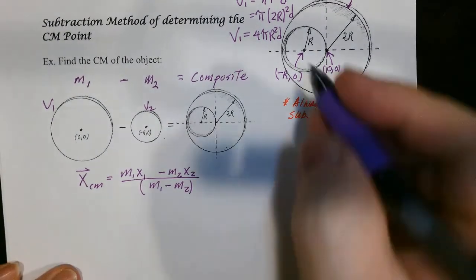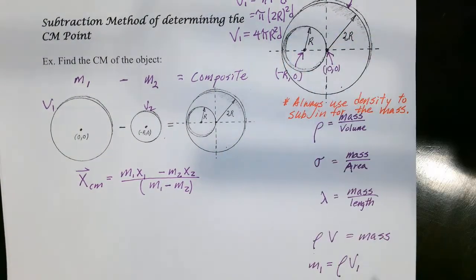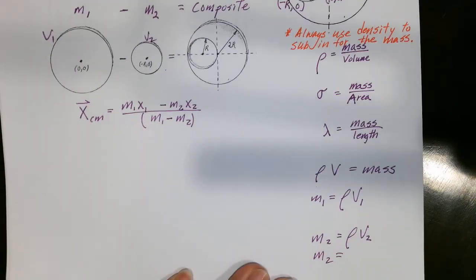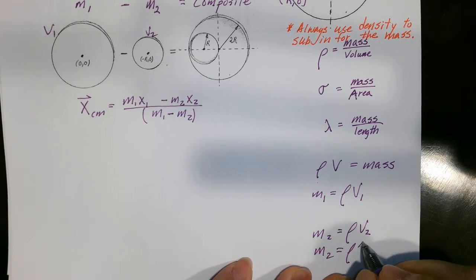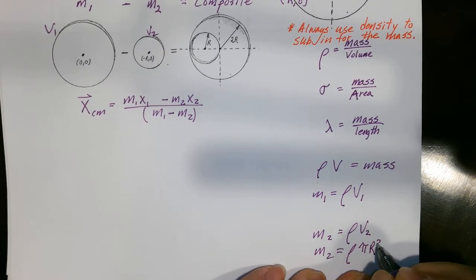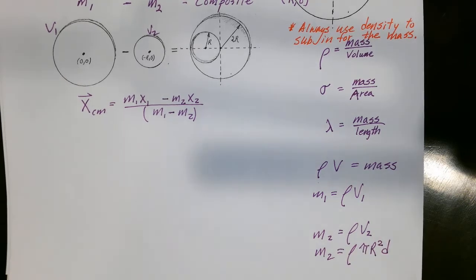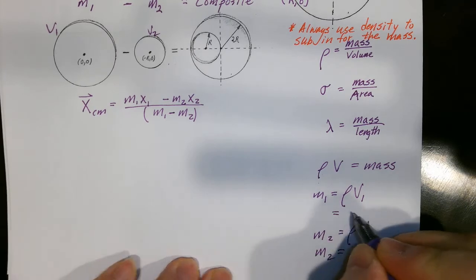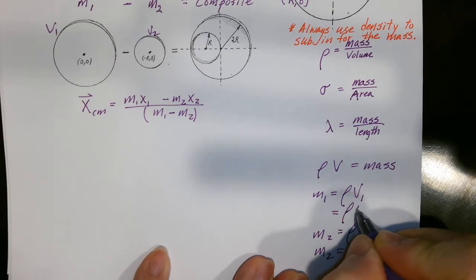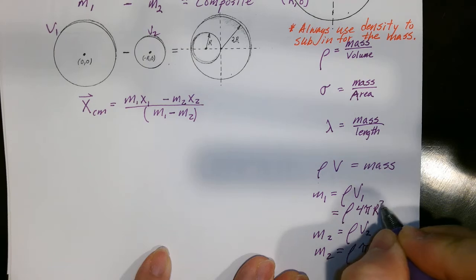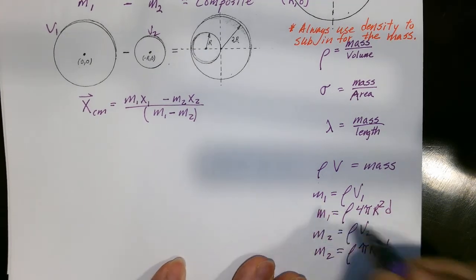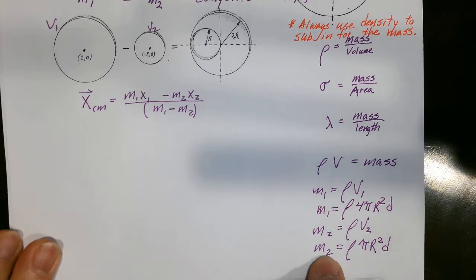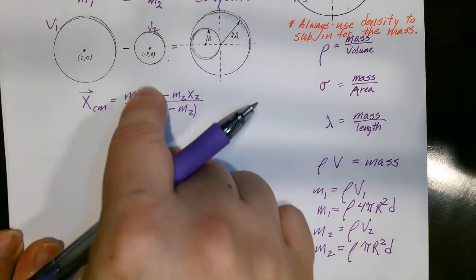So volume 2 would be the same thing, but it would be just r squared, right? So m2 would be rho times pi r squared, thickness d. All right? So it's good to know, right? So rho times 4 pi r squared d for m1, and m2 will be just this. So if we replace these in here, right,